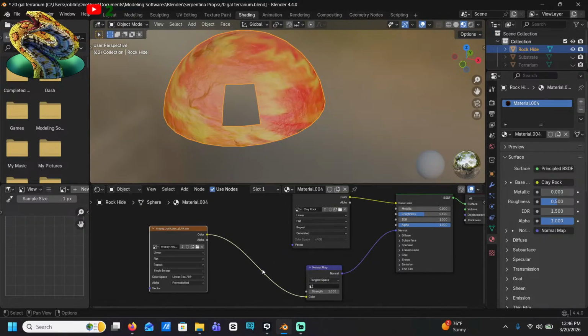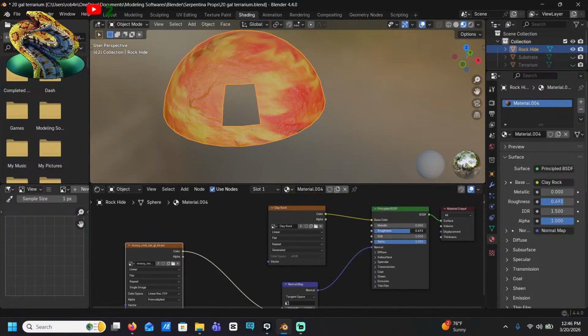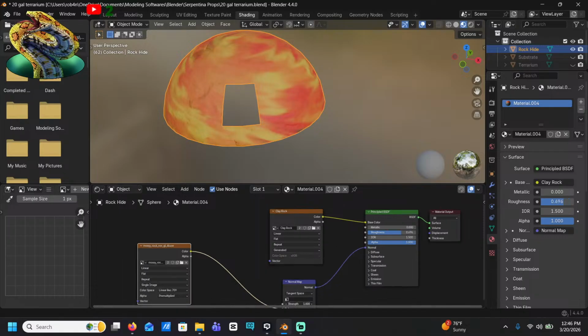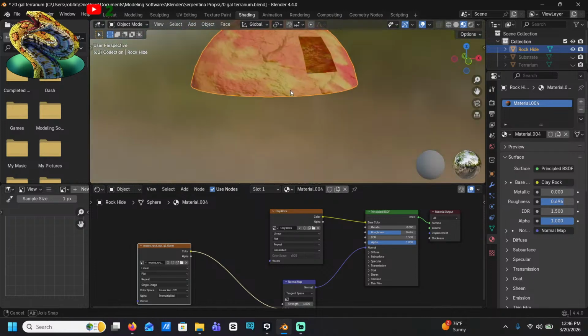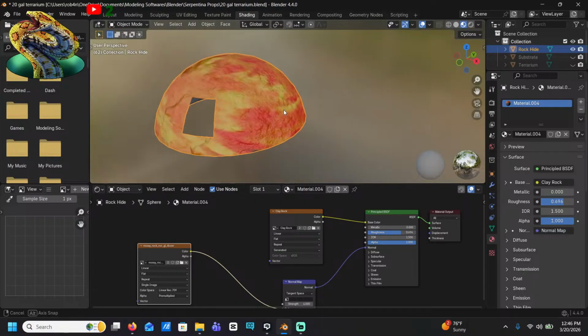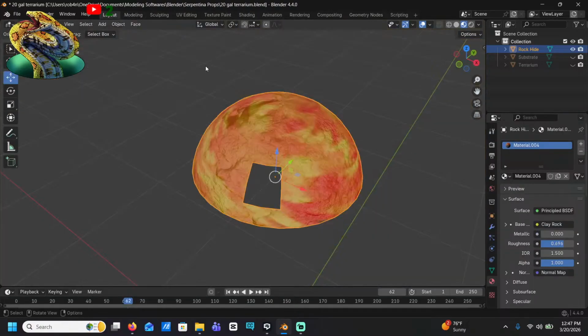Here we go. Behold, another rock. I love me some rocks. I can save this rock now. Behold, two rocks. Okay. Now I can hide this one.